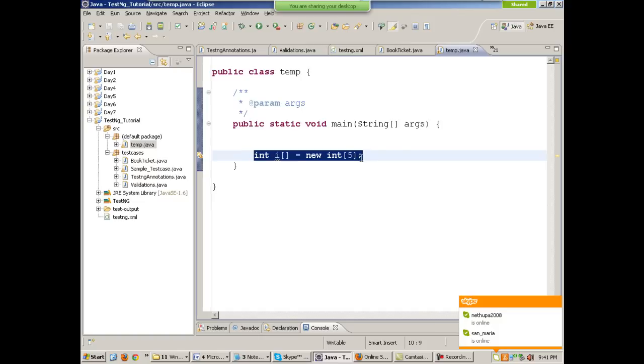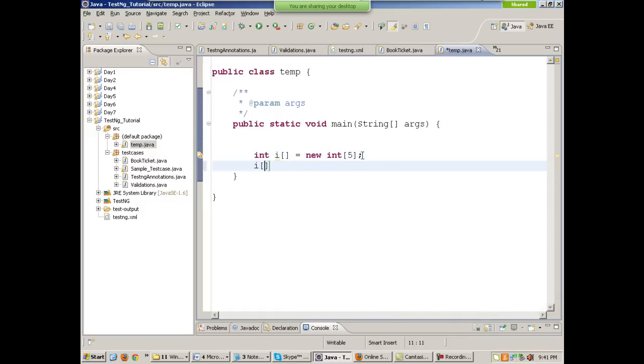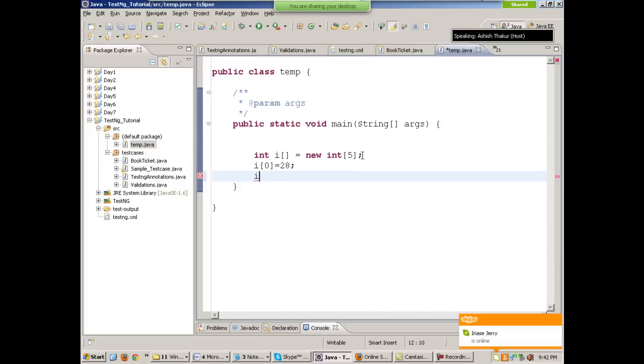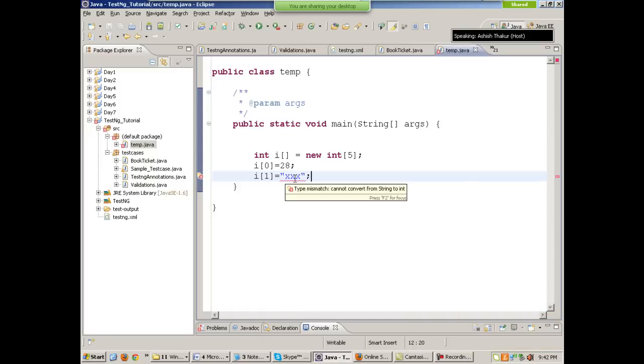Okay. But the problem is that this is an integer array. It can only store integers. I can write i[0] = 28, but I cannot write i[1] equals to some string. This will throw an error. Okay, this will directly throw an error. Fine. Now, out here,